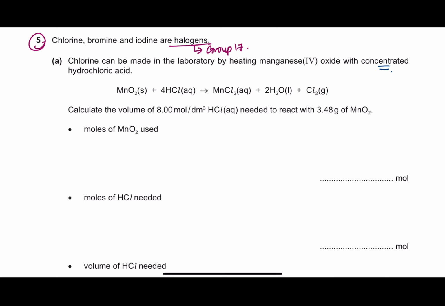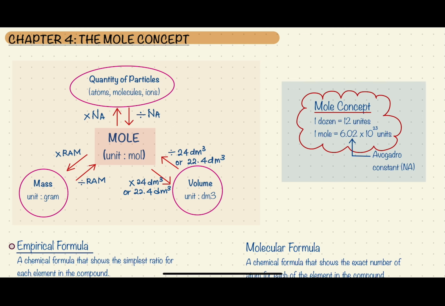When you get information about the question, please always write whatever information that you have on top of the equation. So these are the information that has been given. The first question is asking you to find the moles of manganese oxide. As you can see here, they have given you the mass and they want you to find the number of mole. If you refer to the notes, when you have the mass and you need to find the number of mole, what you need to do is divide it with the relative